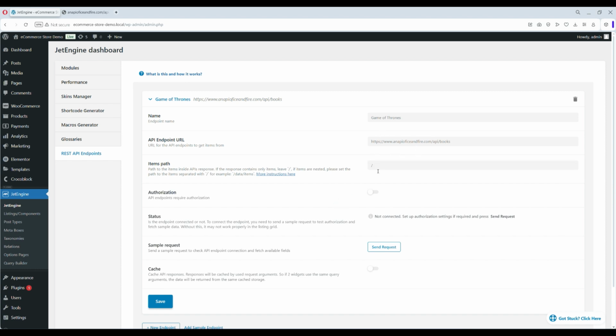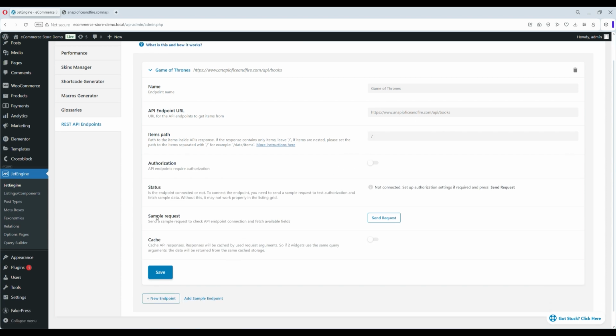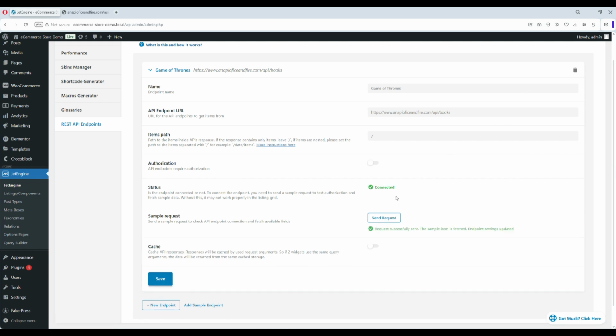Once you add your API URL, you have to do a sample request. You have to click on send request, and then you will get a success message. That success message makes sure that you see the content properly. Now you can see here that the request was successfully sent, the sample item is fetched, endpoint, and that's it. I'll click on save, and it is also connected. So that means we are connected with the API URL, getting the JSON content. I'll click on